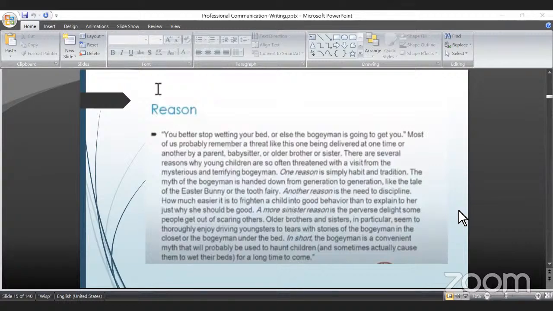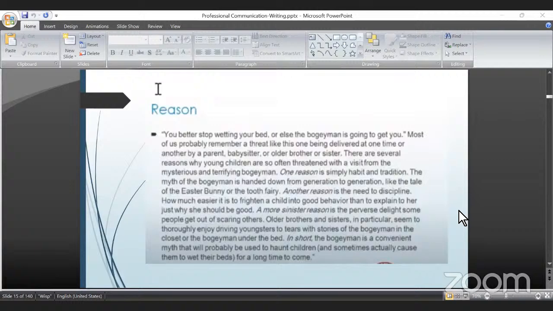Yes, ma'am. Right. So all of those sentences are what? They're all supporting sentences. You have made a claim that bogeyman is used as a concept to terrify children. And all of those sentences that you see thereafter are the reasons why children are so threatened by this, right? So this is one way in which you can see supporting sentences in a